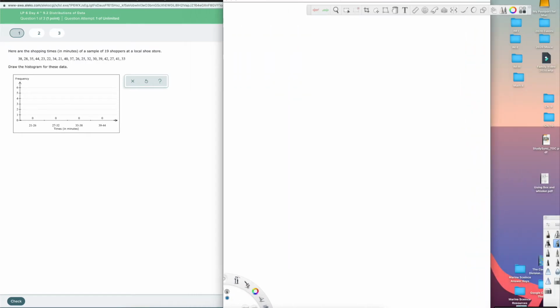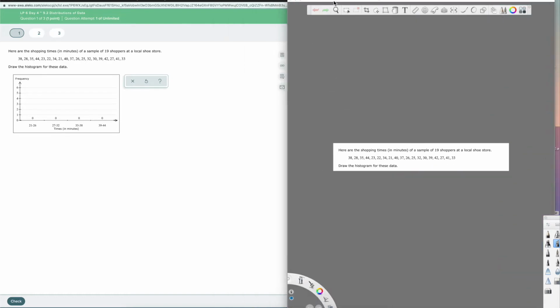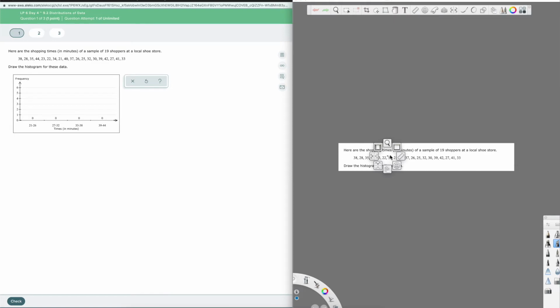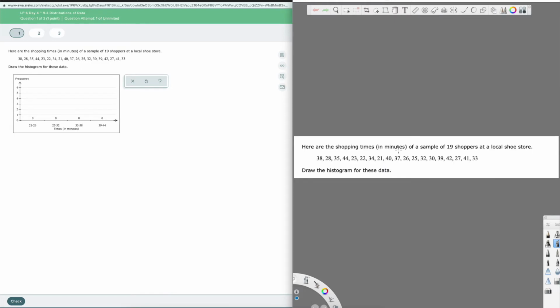Let's see. So if you don't have the ability to print or copy and paste, like what I'm doing here, onto another screen, then you can simply write the numbers down. Just be very careful when you're rewriting numbers because you don't want to skip over any numbers or anything like that. So what we're going to do is count the number of values